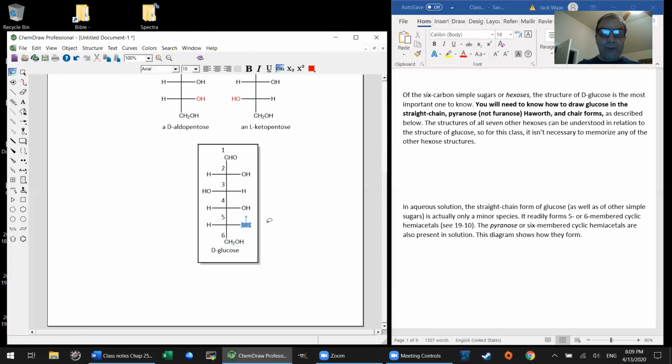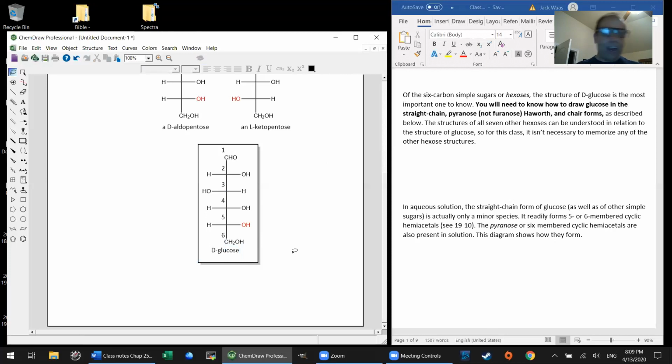Now, if we're being careful to keep the OH on carbon 5 pointing to the right so that we're always dealing with natural sugars, with D sugars, you'll see that leaves us 3 other chiral carbons to play with. And if you work that out, there's 2 possibilities here, 2 possibilities here, 2 possibilities here. It's 2 cubed, or 2 times 2 times 2. There's 8 possibilities. And so there are 8 possible D-aldohexoses, of which D-glucose is one of them.